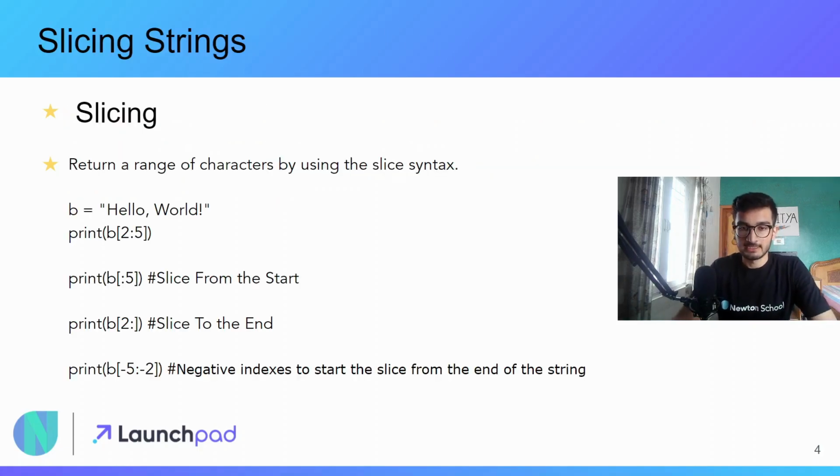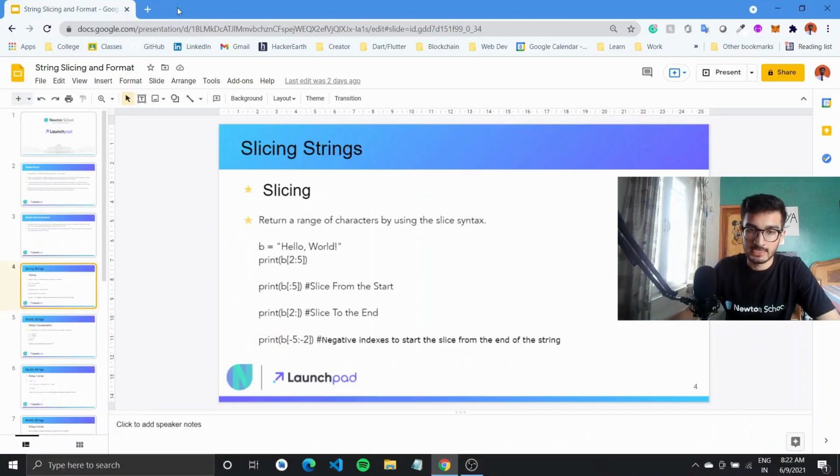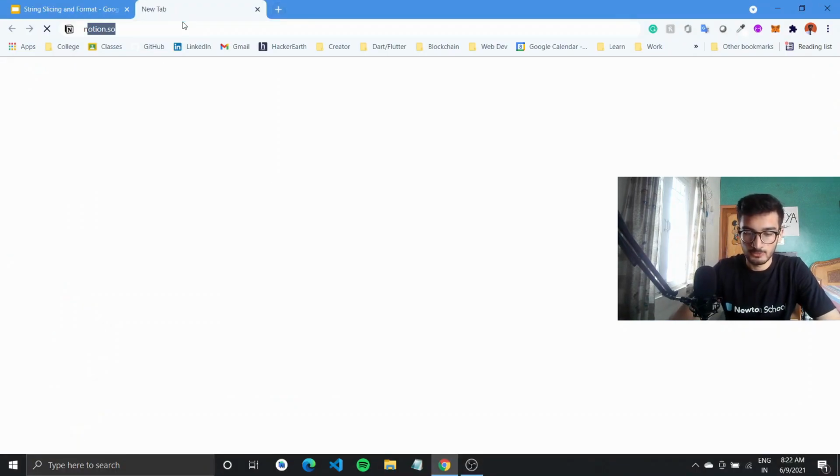So let's get started with our topic for today, which is slicing strings. So what is slicing? It basically returns a range of characters by using the slice syntax. So if we have a variable, we'll save a certain string in it and try to slice it, only print certain characters from it. What I'll do is I'll go over to newtonschool.co,